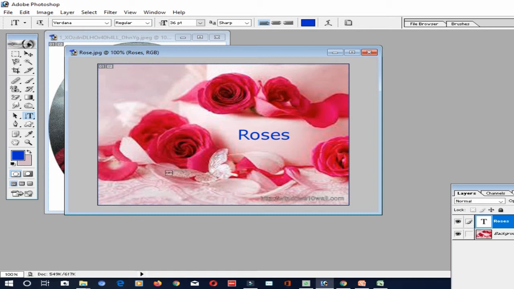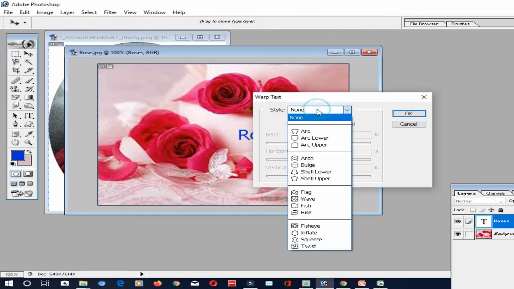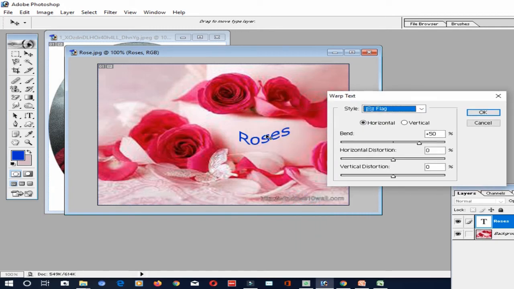So what is meant by this warping text? It is used to position the letters or text in different shapes. To use the warp option, the following steps are given. To see the steps here, you have to select the type tool and type the text, or you can press capital T from the keyboard and type the text. Now, after doing that, you have to click on this warp text option. Okay, so here the style is given. There are many styles, can you see. So flag. Can you see the text has been changed accordingly, according to the style you select, right? So that can be possible using the warp text.